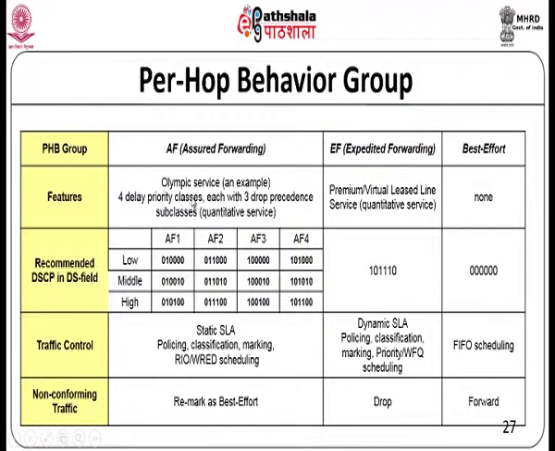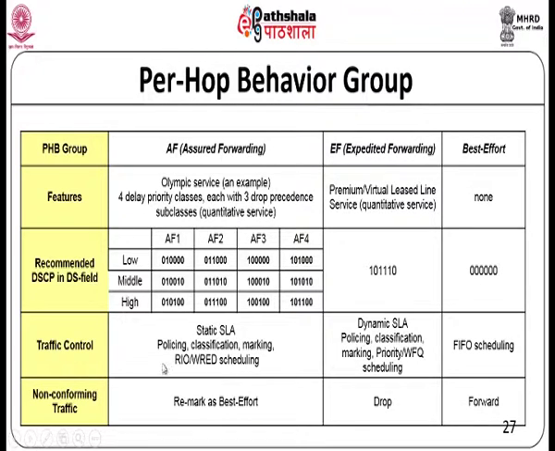Okay, so 4 delay priority classes, each with 3 drop precedence subclasses. And in expedited forwarding, we have a premium or a virtual leased line kind of service. So it's a quantitative service. Here you can say it's a kind of qualitative service plus a quantitative service. So these are the DHCP fields which are used for this. You can see that if it's best effort service, a value of all zeros is used. That means there's no differential service treatment that needs to be